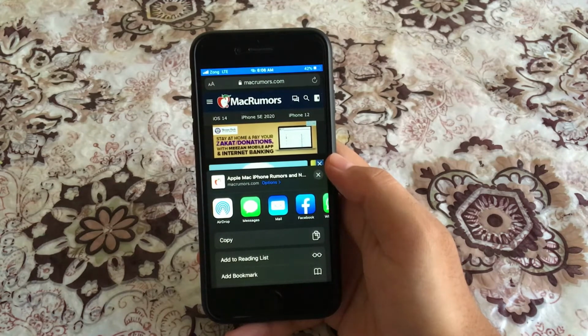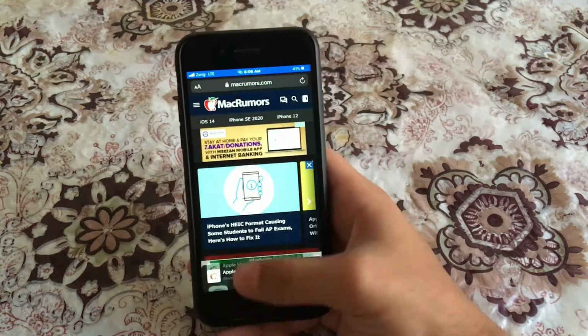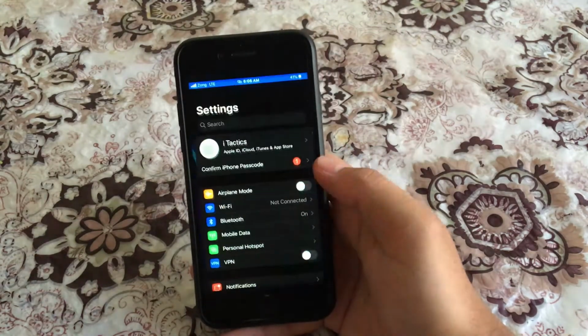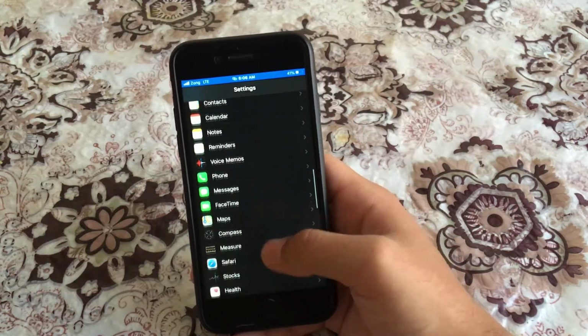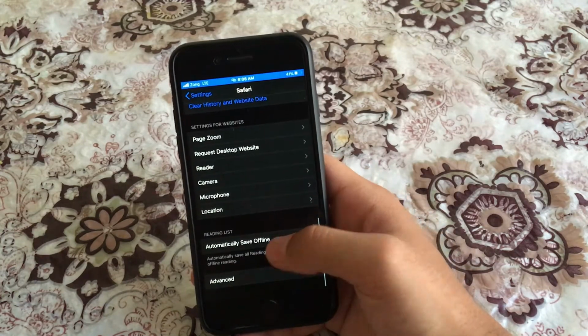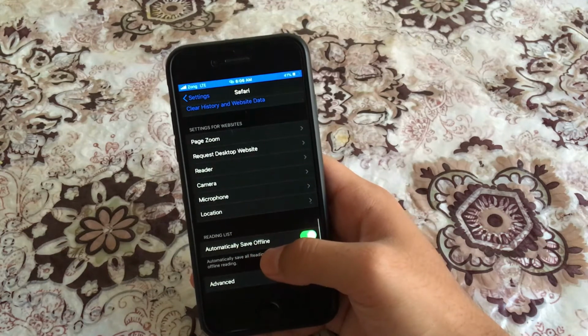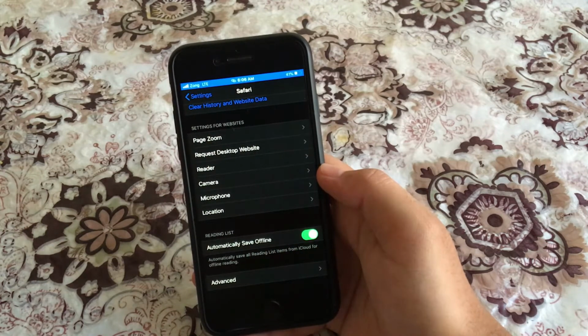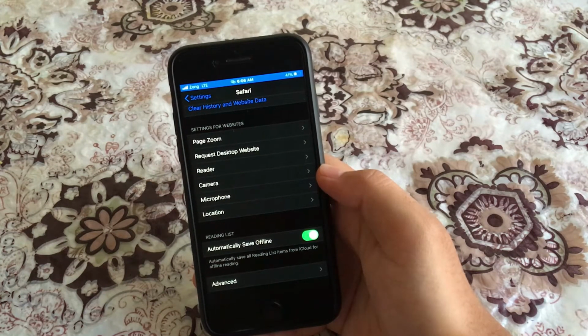So if you are going on a flight or a long trip and you don't want to use your data, you can go into the settings, go to Safari and scroll all the way down to automatically save offline. You can have the iPhone automatically save offline for reading list.